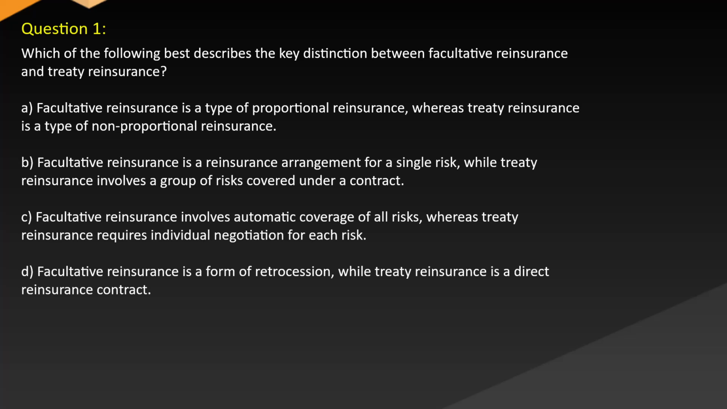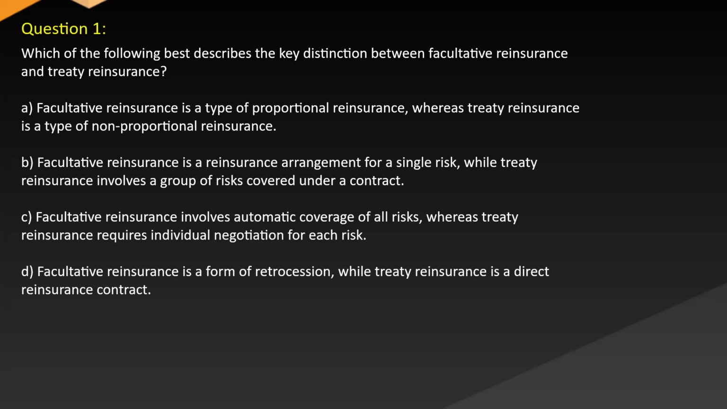Question 1. Which of the following best describes the key distinction between facultative reinsurance and treaty reinsurance? A. Facultative reinsurance is a type of proportional reinsurance, whereas treaty reinsurance is a type of non-proportional reinsurance. B. Facultative reinsurance is a reinsurance arrangement for a single risk, while treaty reinsurance involves a group of risks covered